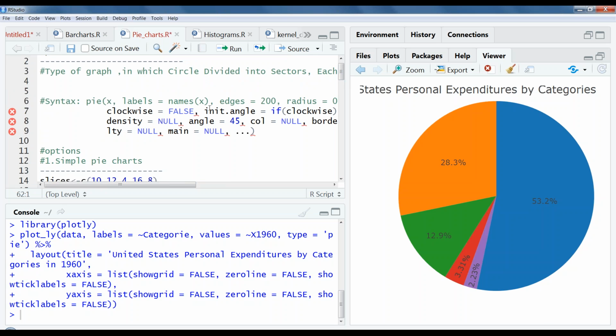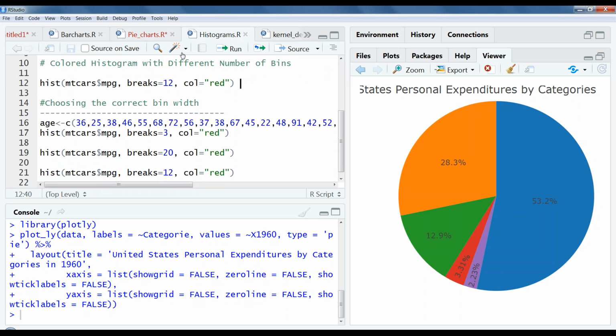Okay, so moving on to the next visualization part, which is histograms. For histograms, I'm going to explain the same way: what the basic fundamentals of a histogram are, and then how we can plot a histogram. All those things I'm going to discuss in this histogram part.